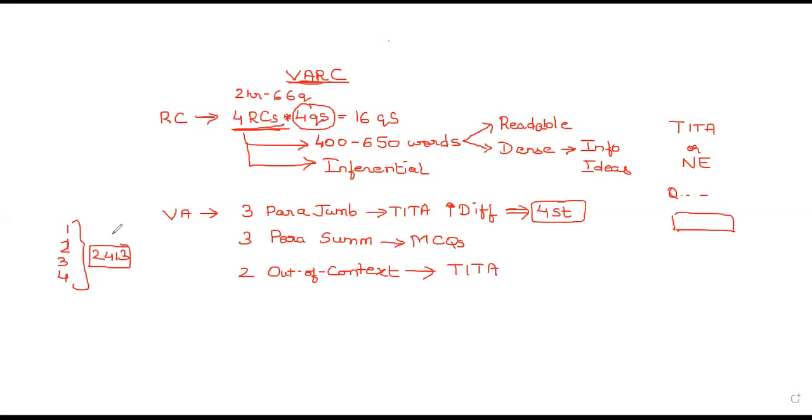Why does it become difficult as a TITA question? When you are practicing para jumbles as an MCQ, let's say I identify that statement 1 and statement 3 go back to back. Statement 1 says that Gaurav was inclined towards playing cricket every day, and then statement 3 says he used to practice for a couple of hours every day. Then you know that statement 3 has to logically follow statement 1. In a typical MCQ, this knowledge that 1 and 3 will go back to back